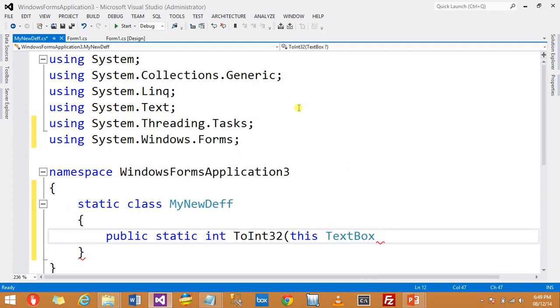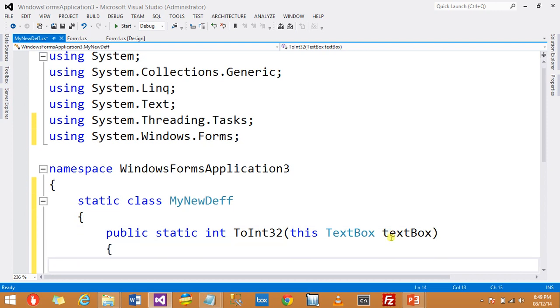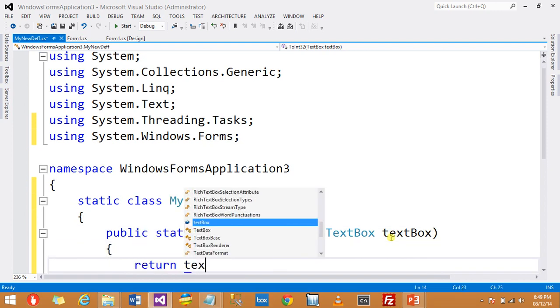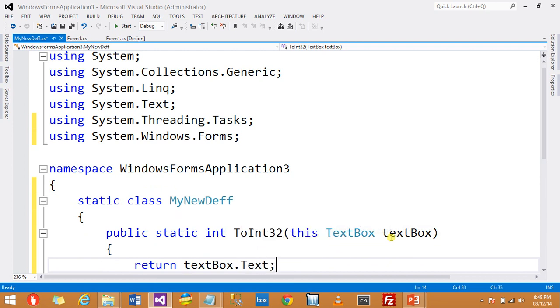For the text box we first have to use its namespace. Now I can use the TextBox class and define an object of the TextBox class, and we return the textbox.Text value, after converting it.